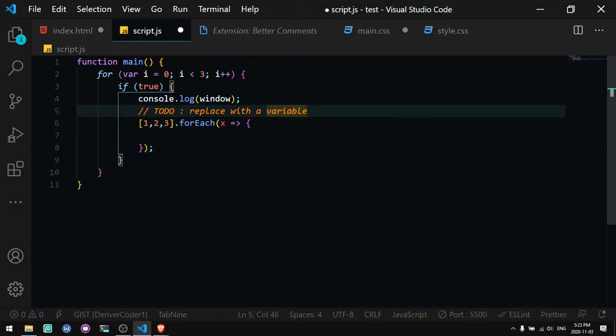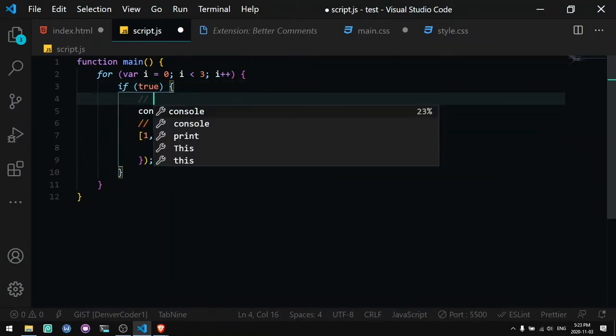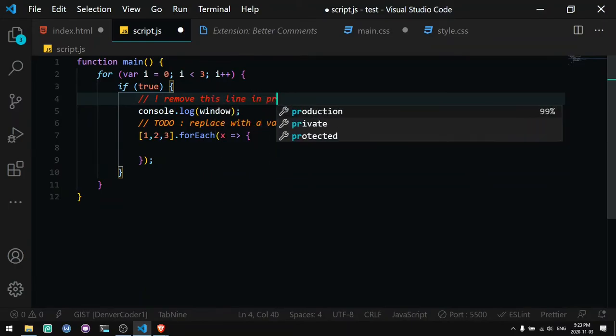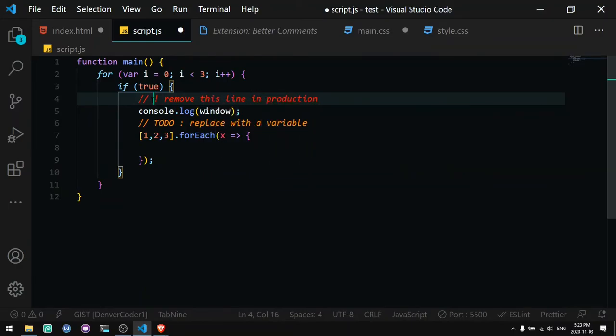If I put a warning here, I can say remove this line in production, and it will highlight it in red since I put an exclamation point. I can also put a question mark to highlight it in blue,